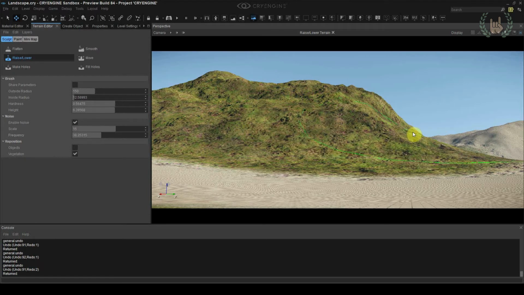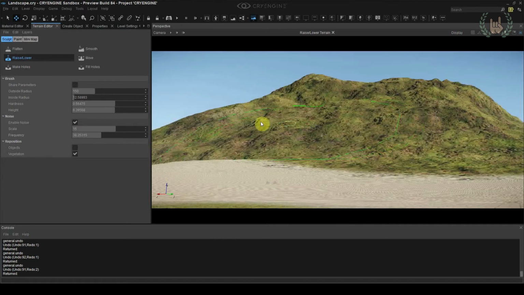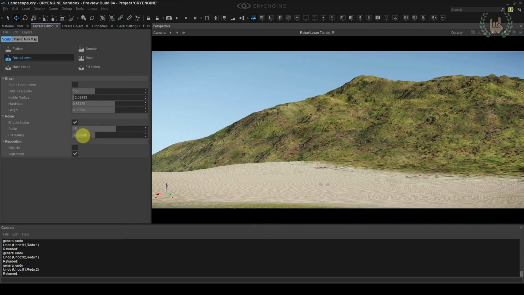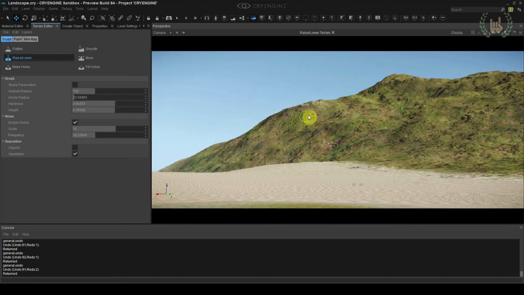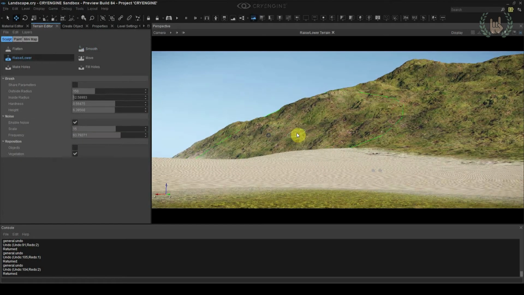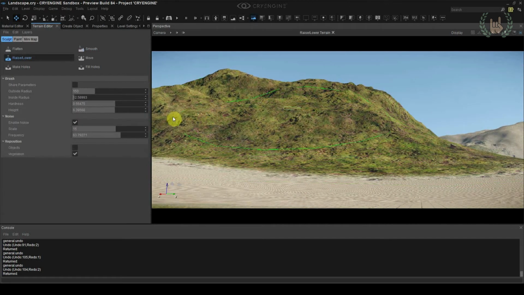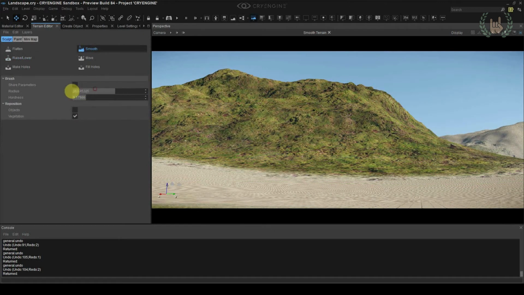So that kind of looks nice and more detailed. And don't worry if it's a bit too detailed for now, because we're going to fix that in a second. So what we're going to do is get this a bit more edge detail. And yeah, now we have something like this. What we can do is, of course, go and smooth out some of this stuff. So I'm going to just go with a smooth brush and just create these kind of nice smooth